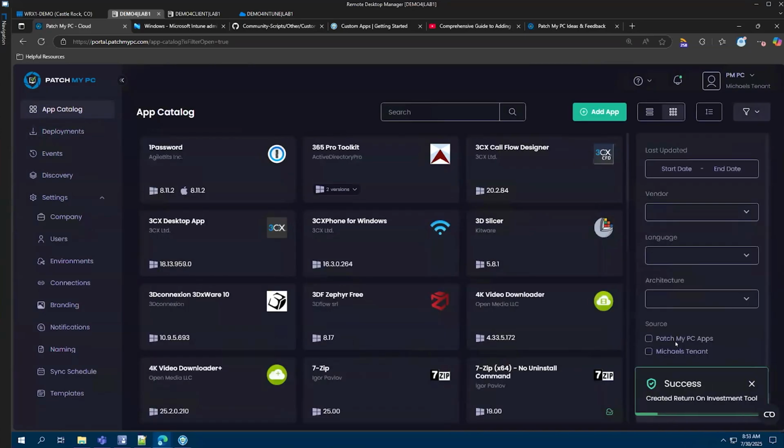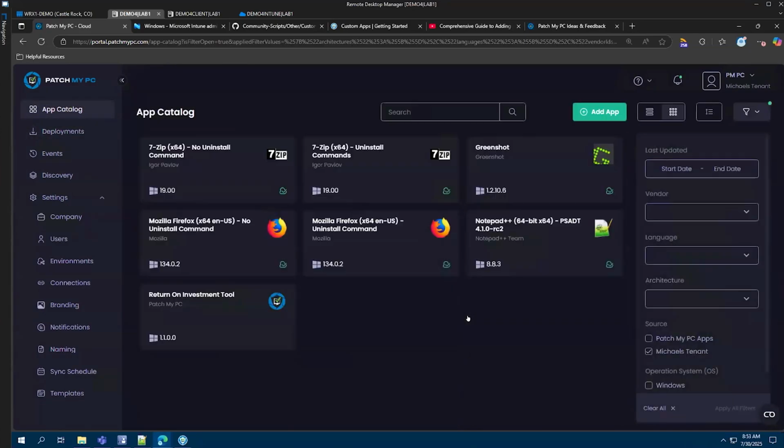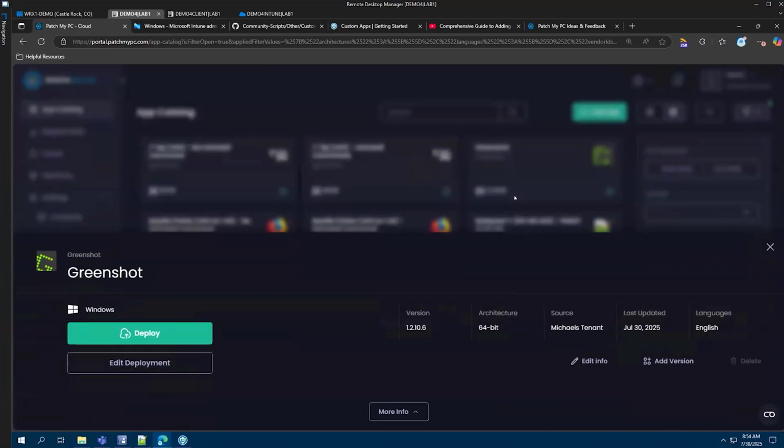And then one thing I'll touch on here as well, I'm going to jump back here to all my custom apps. We also make it pretty easy to jump to a newer version of the application. So right here, I've got the older version of Greenshot, and I want to deploy the new version now. But when you click on the application, you'll notice here in the bottom right, you can actually do an add